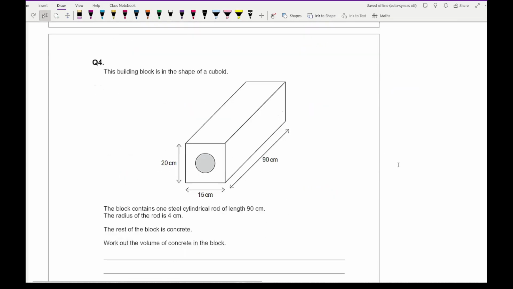Then moving on to question 4, it says that the building block is in the shape of a cuboid. The block contains one steel cylindrical rod of length 90 centimetres. The radius of the rod is 4 centimetres. The rest of the block is concrete. Work out the volume of the concrete. So the volume of the concrete,